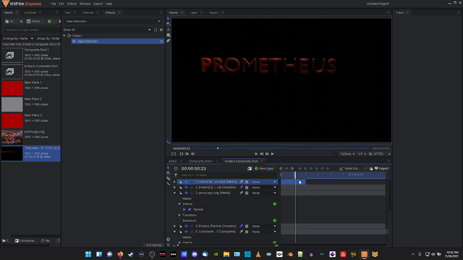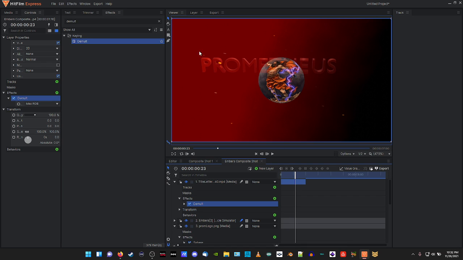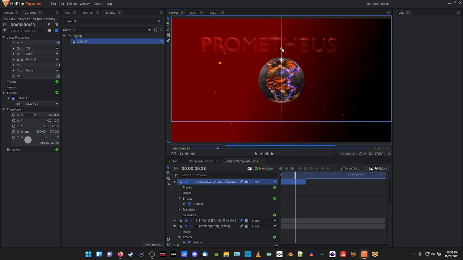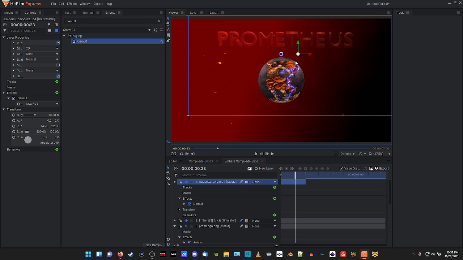Of course, it's going to take over the screen, so if you want to get rid of the black screen, you would have to use the demult effect here and just click and drag it on top of this right here. We would have to move this lettering. See how it's kind of transparent though, and then it's not really centered yet. We could clearly center it, but